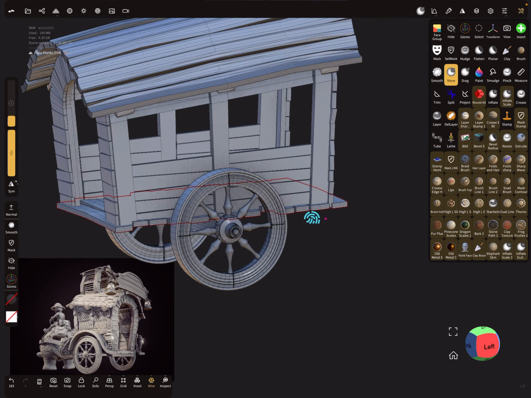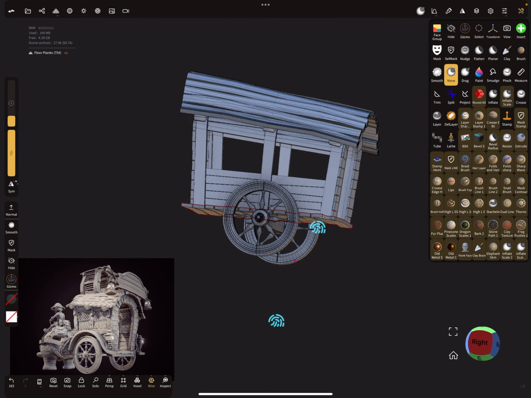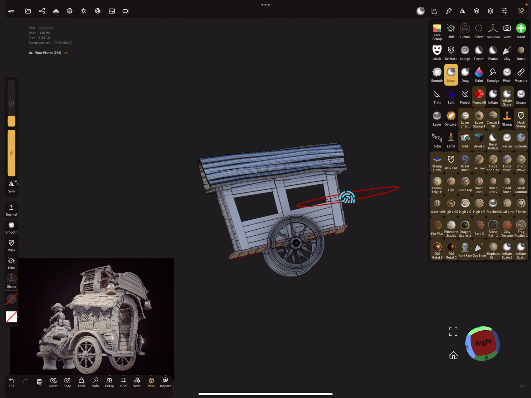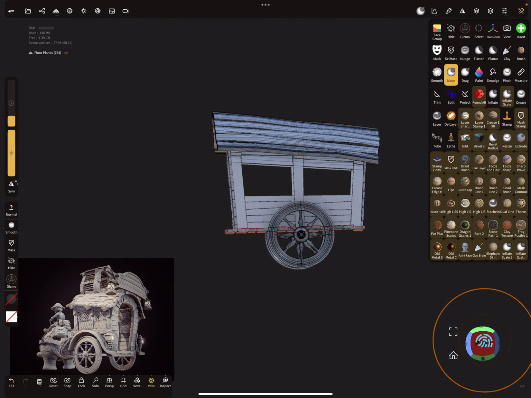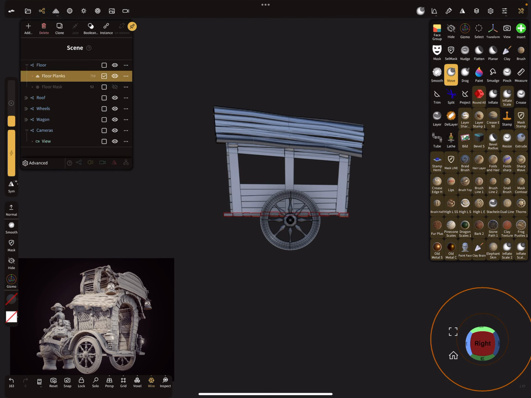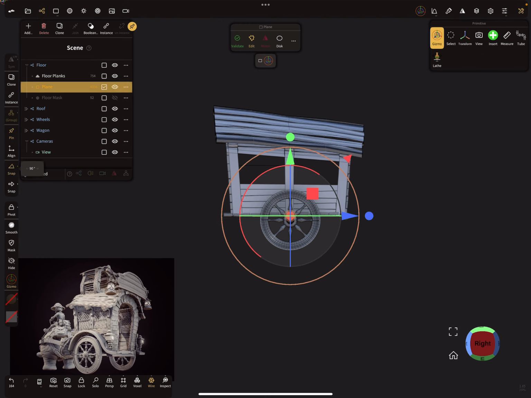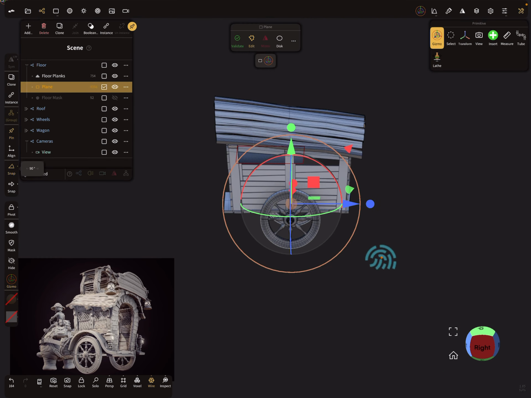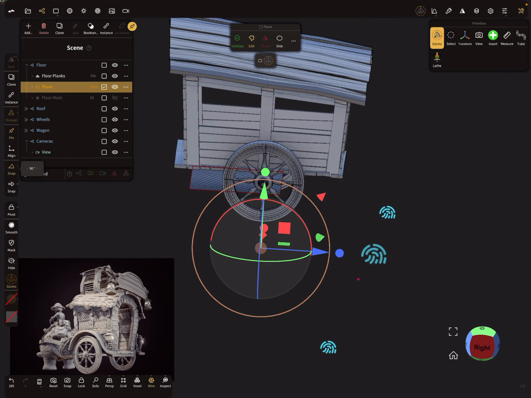Okay, so the next thing is, I think we need something like a horse. So maybe I add a plane. So where's my plane?